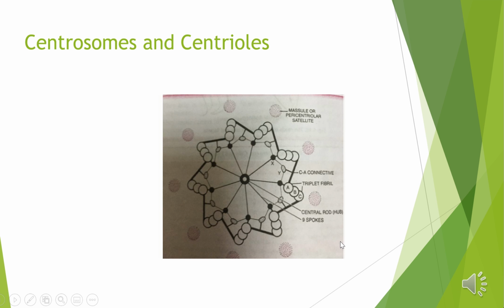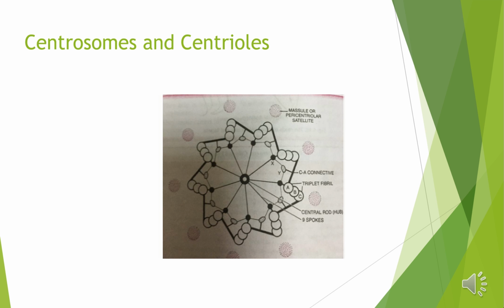In this slide, we will learn about centrioles and centrosomes. Centrioles occur in nearly all animal cells and in motile plant cells such as zoospores of algae, sperm cells of worms, and motile algae. They are absent in amoebae, prokaryotic cells, higher gymnosperms, and all angiosperms. Centrioles can be seen with the help of both light and electron microscopes.